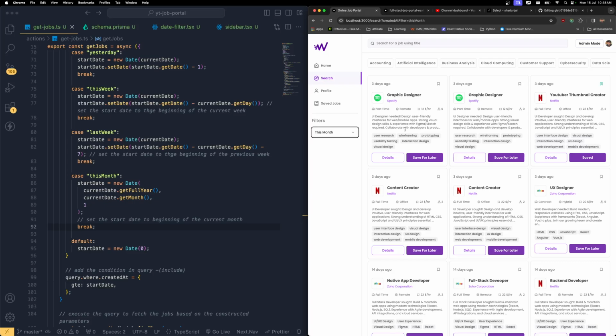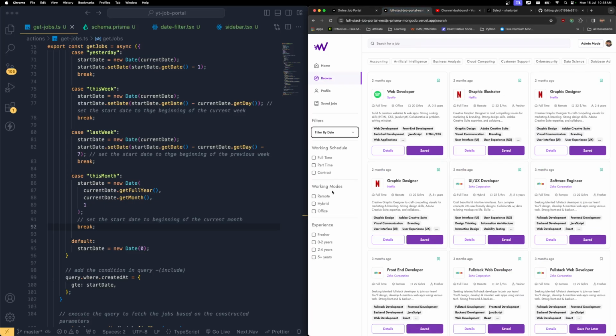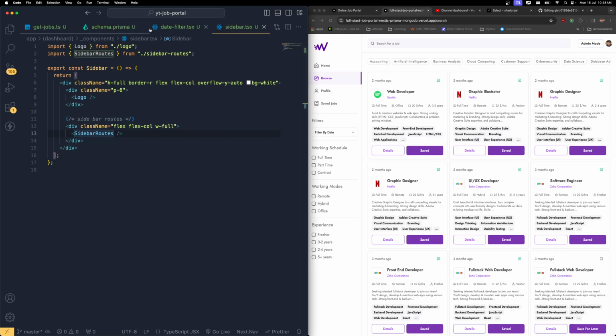All right, then what we need to do, we have to bring the rest of the filtrations and we need to display the applied filter sections over here. That's also something we need to create. So let's go ahead and do that now. So let's bring the work schedule. Let's get into the sidebar routes, where it is